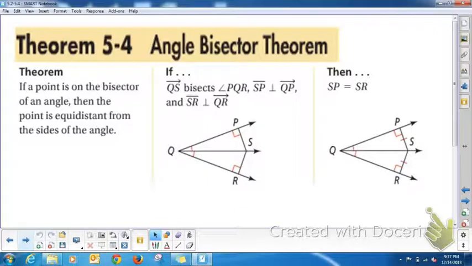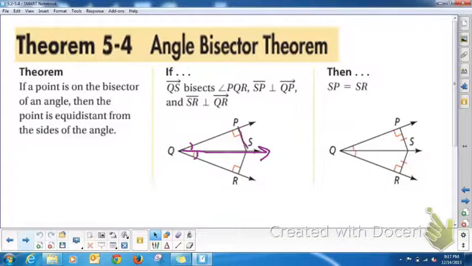The next theorem that we have is 5.4, the angle bisector theorem. If a point is on the bisector of an angle, then the point is equidistant, and again that means equal distance, from the sides of the angle. So if ray QS bisects angle PQR, bisects means cuts in half,